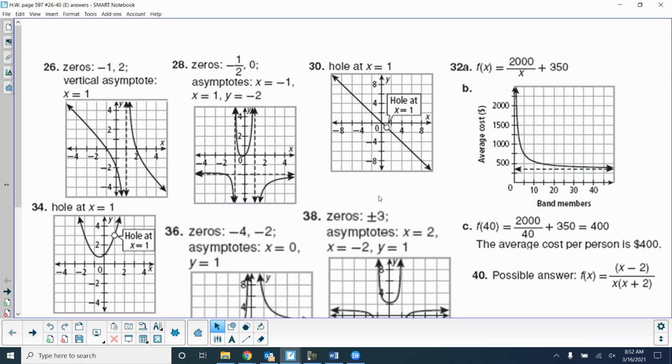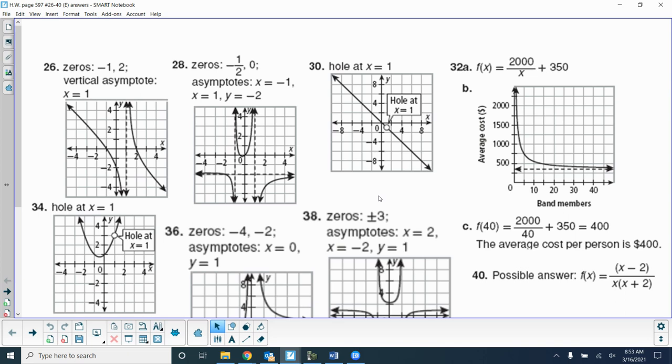For 28, the zeros are at -1/2, 0, that's where it crosses the x-axis. The vertical asymptotes are -1 and +1. And then there's a horizontal asymptote at -2. We must have had the same degree, top and bottom, and then the top leading coefficient might have been -2